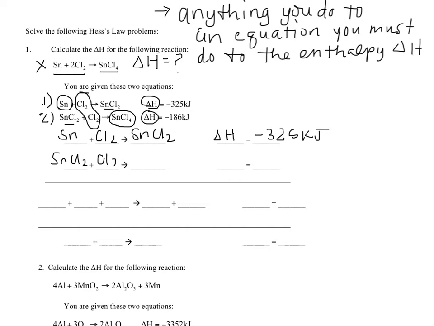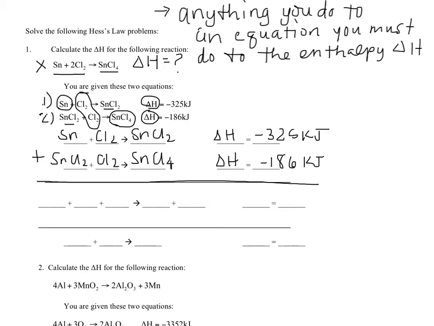SnCl2 and Cl2 forming SnCl4. And I will rewrite the enthalpy, which is negative 186 kilojoules, also an exothermic reaction. And then what I'm going to do is add these 2 equations together. And when I add them together,